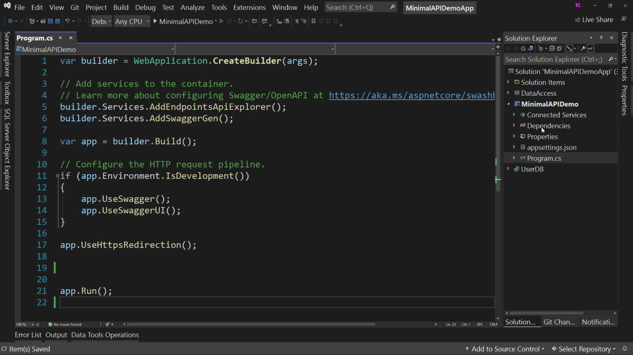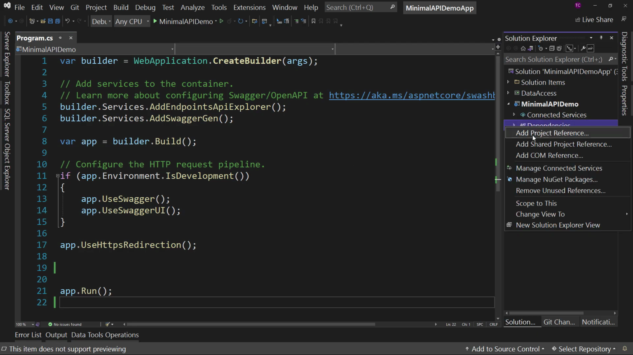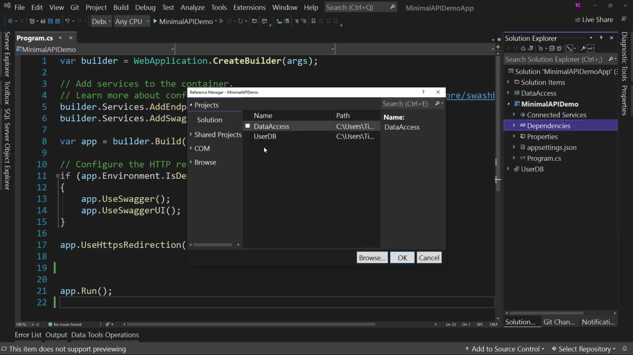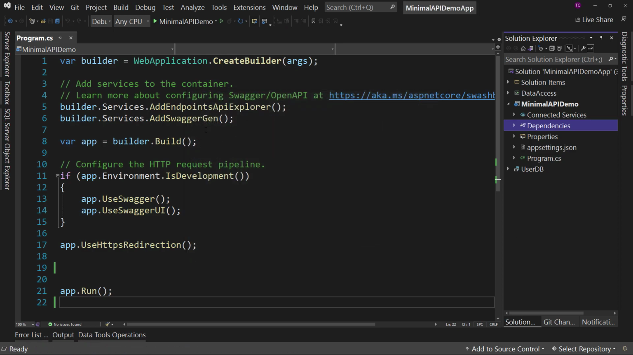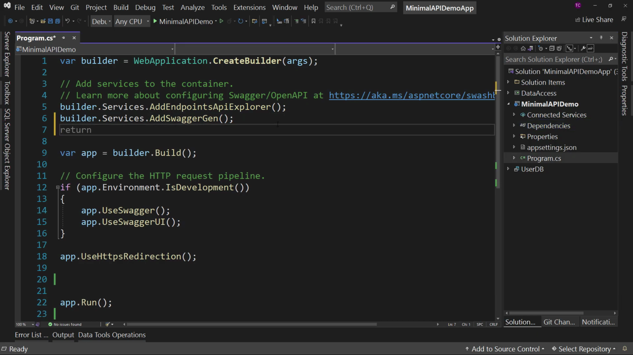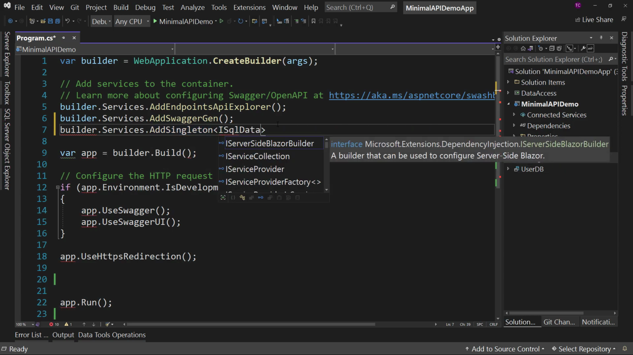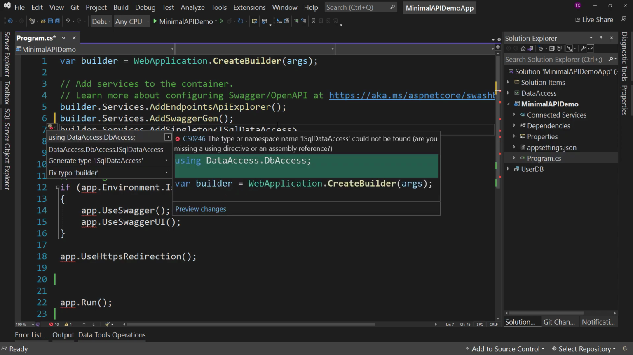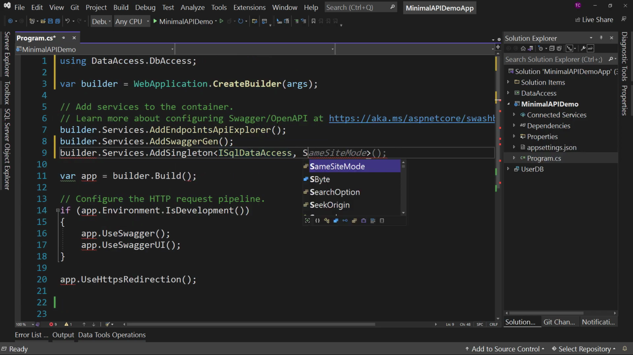The first thing we'll add in is a dependency. So right click on dependencies and say add project reference. And we're going to select the data access library. And now we can talk to that data access library. To do that, we're going to say builder.Services, not AddMVC. We're going to say .Services.AddSingleton. And we'll say SQLDataAccess, Ctrl+. to add a using, and then SQLDataAccess like so. And then we'll say